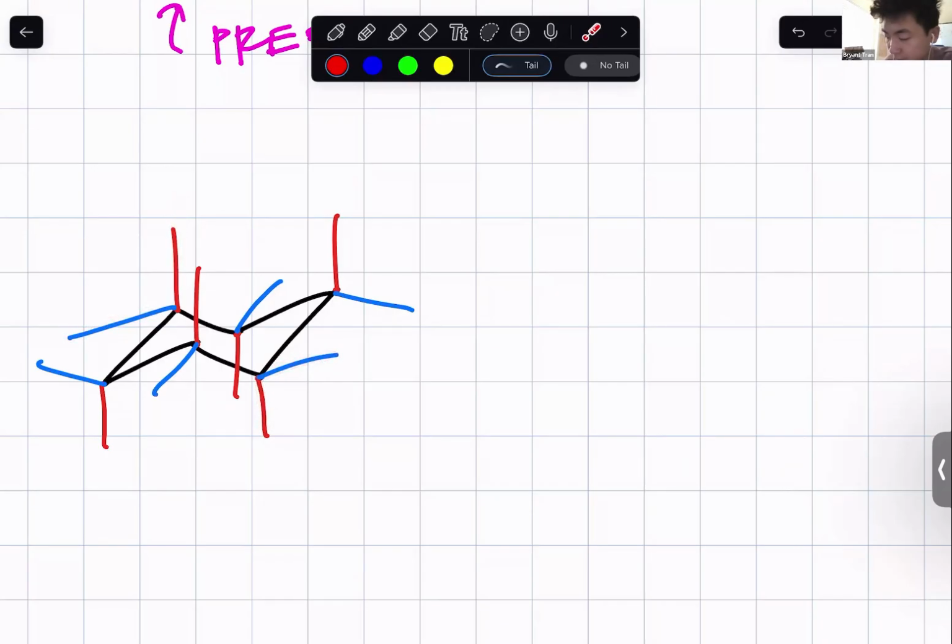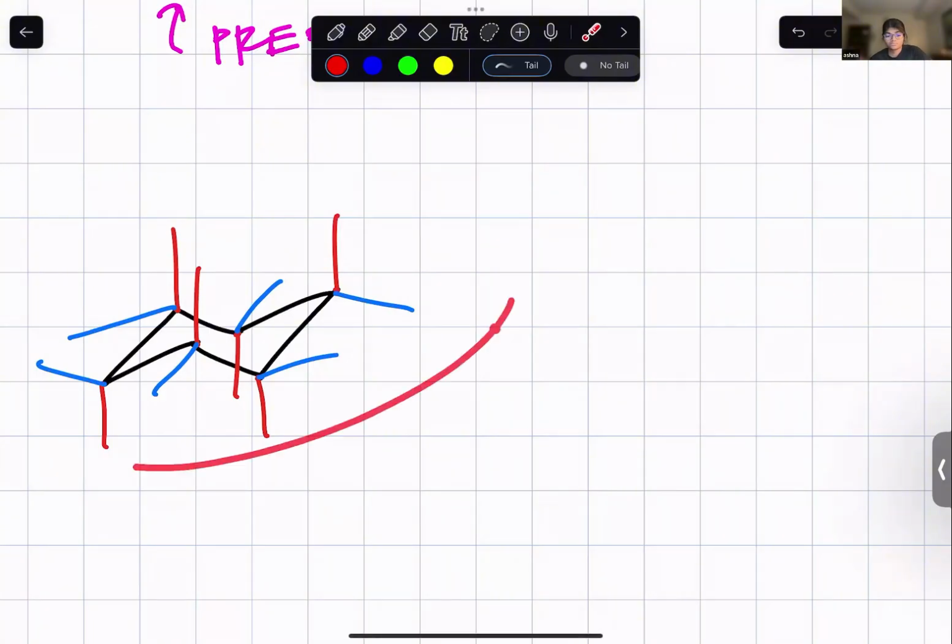Another way that you could make sure that you have the right structures is that the equatorial bonds would have to face away from the equator of the system, which is this cyclohexane structure right there, right? Like all of these equatorial bonds here are facing away. They're not running inside of the system or the equator like that. They're facing away from the equator for the equatorial bonds, right?